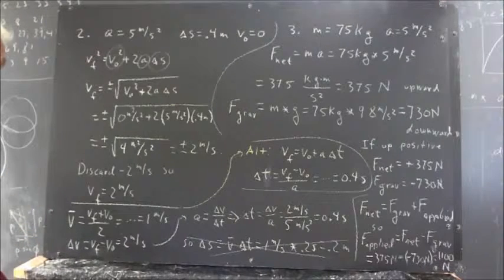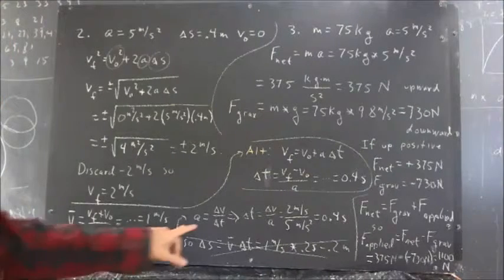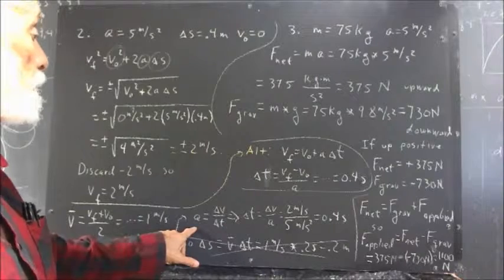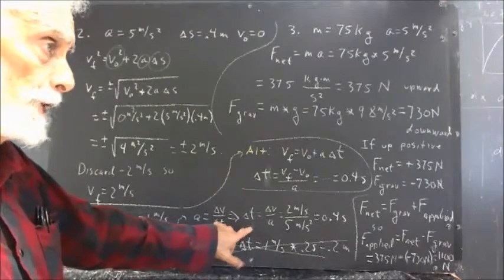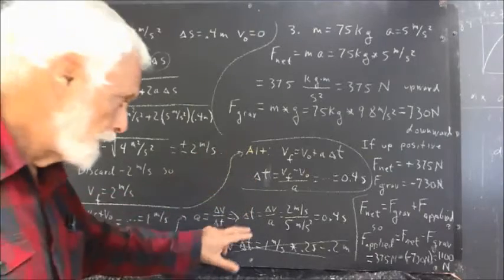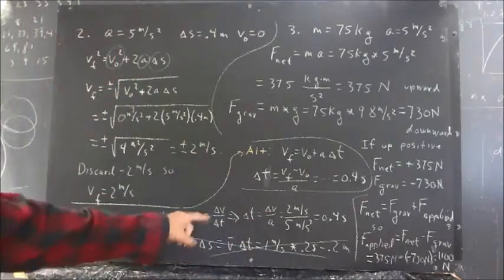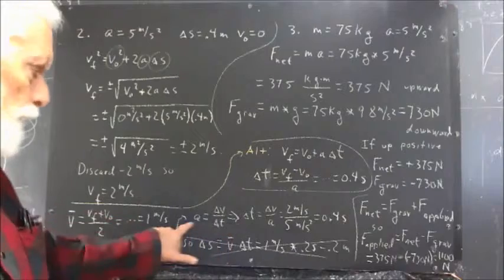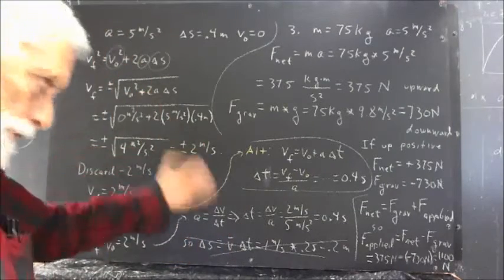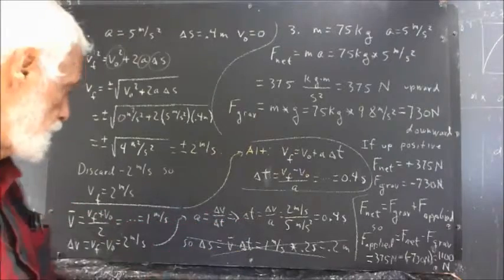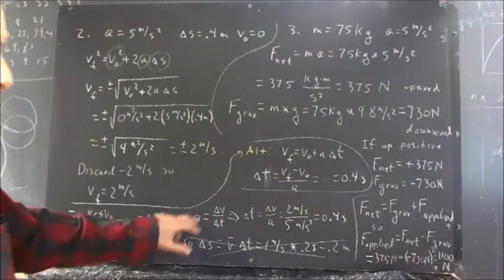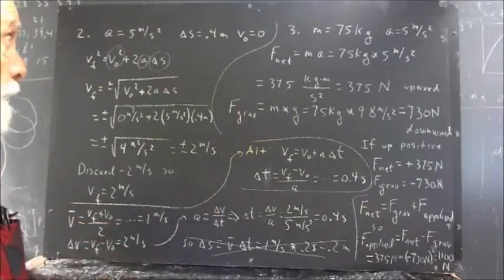Well, the one quantity we don't have is our delta T. I was looking at the wrong thing here. I was looking at A, and I knew we had A, so okay, well, we're trying to find delta T. And to find delta T, we would use A equals delta V over delta T,